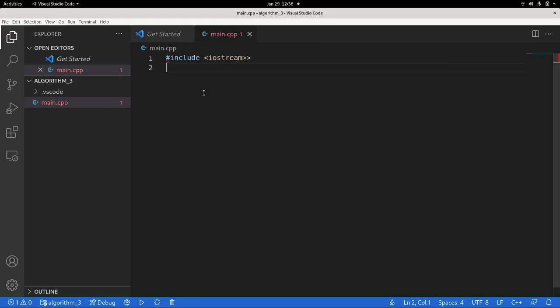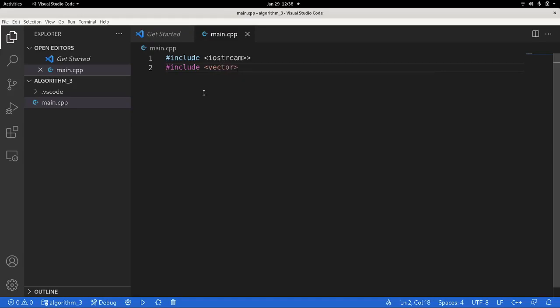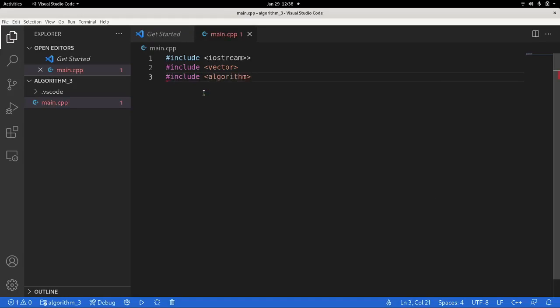iostream is the first one. We will be working with a vector, so we include the vector module, and we'll be using algorithms, therefore we will include the algorithm module from the standard library. Next,